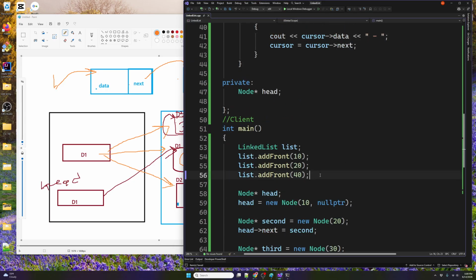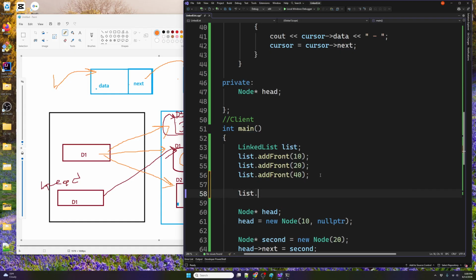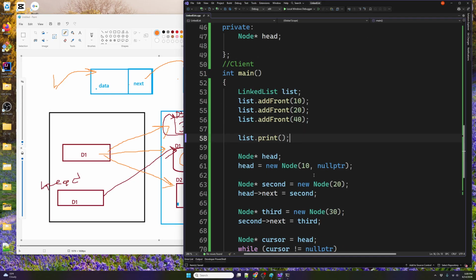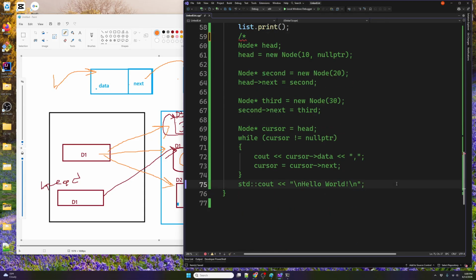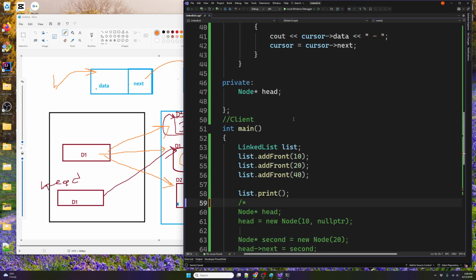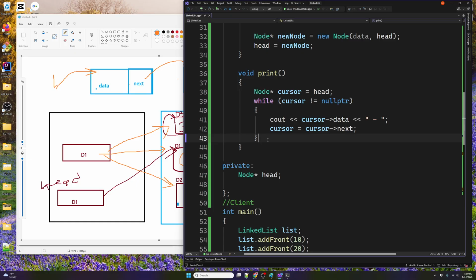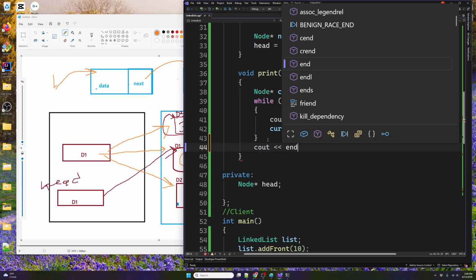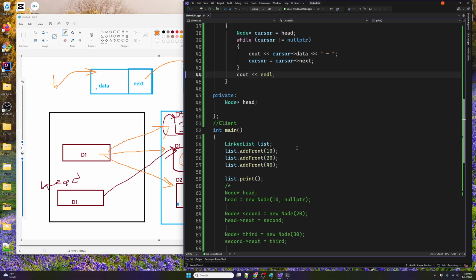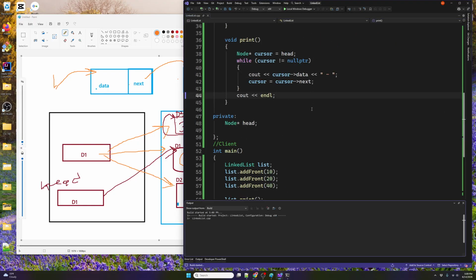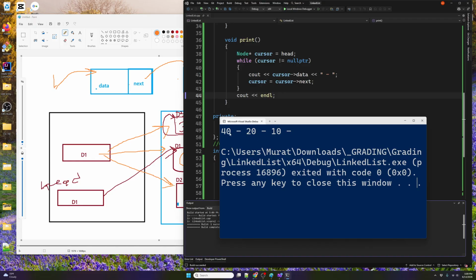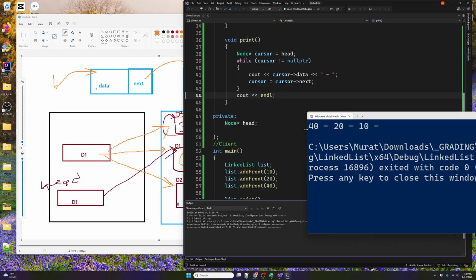So I need to call list.print. Here we go, open close parenthesis, there we go. Let me actually comment out this part so it doesn't bother us. Okay, there's one, but we want one new line after this. cout endl, that should be good. So I'm gonna run this and we will see 10, 20. Okay, because we are adding to the front, right? 40, 20, and 10. This makes a lot of sense, but if you are adding to the end, that is